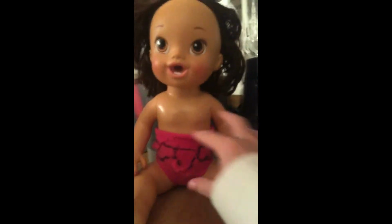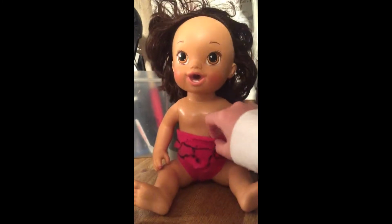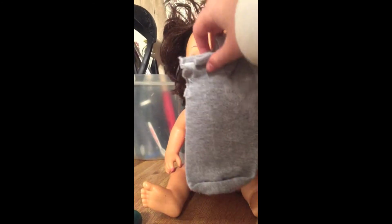Today I am going to make a diaper just like this one. It doesn't have to have writing because this is a bit of a bad diaper. I don't know, I've made better ones, but here's my Baby Live, and I'm going to show you how to craft a diaper with a sock,